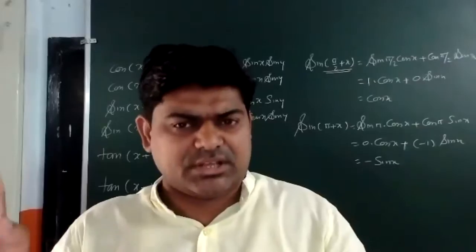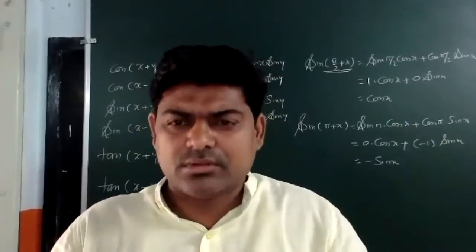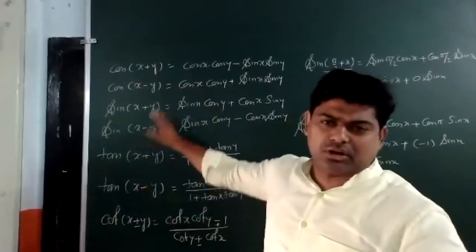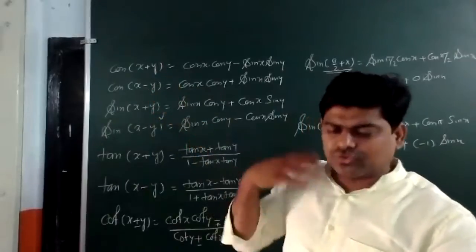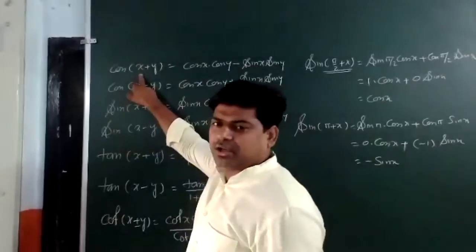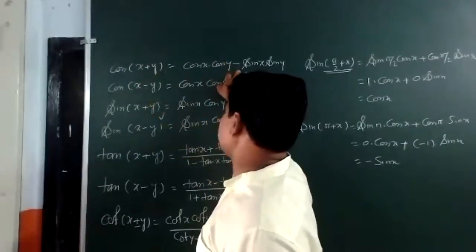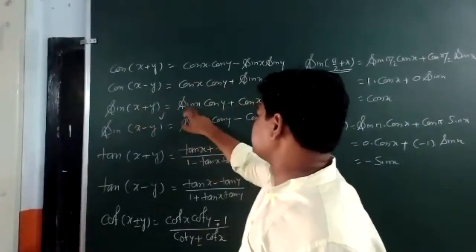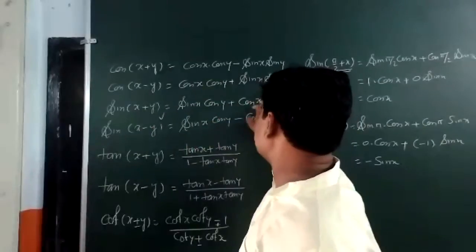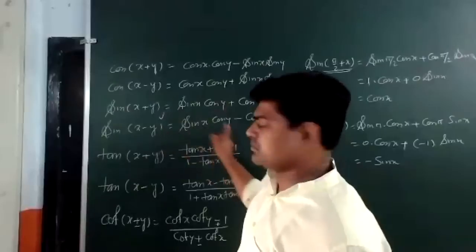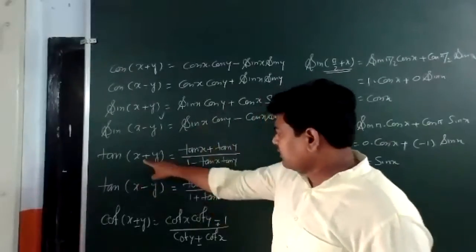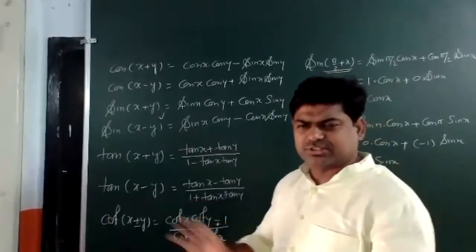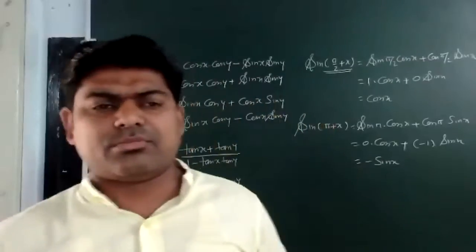All these things we have discussed previously, I think. It's not new for you. Okay? Say yes or no. These formulas are new for you. You have to learn this. And how to learn it? Again, I am repeating. For cos x plus y, when it is plus, there I am having minus. When it is minus, you should have plus. We can learn sin x plus y is sin x cos y plus cos x sin y, plus then plus, minus then minus. In the same way for tan, if it is plus, I will get a minus here; if it is minus, it will be plus. This is a concept we can keep in our mind to learn.